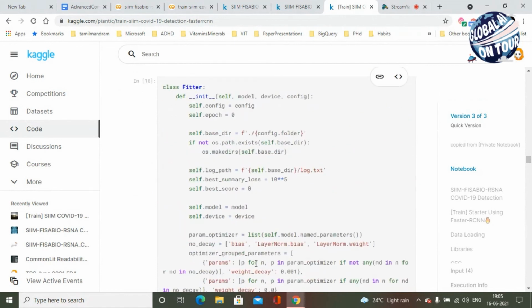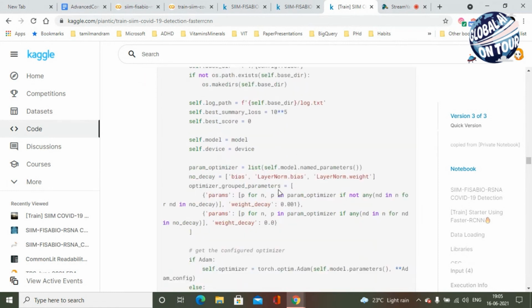This is the main fitter class which we call after we instantiate the model object. We are calling this fit method from this fitter class. This fitter class is a bit lengthy, so it has a lot of parts. First you have initialization where you set all the initial values, you set the log details and all that.